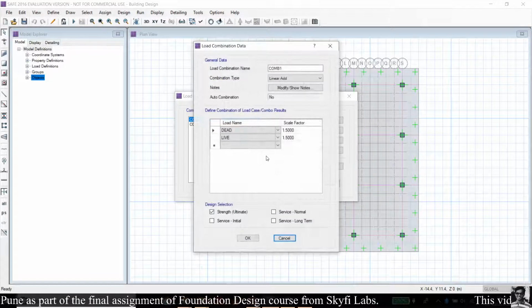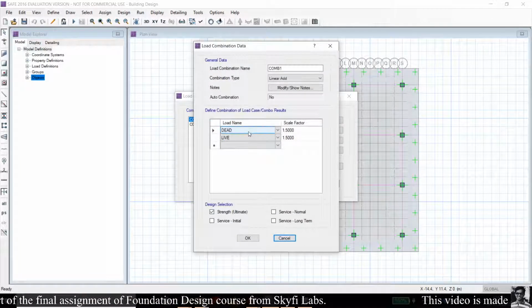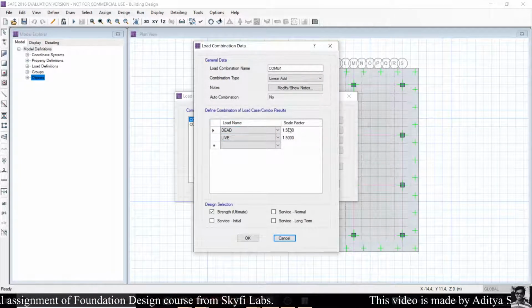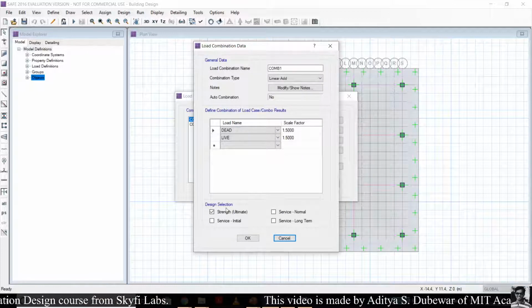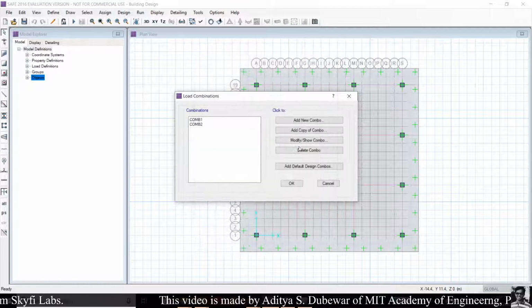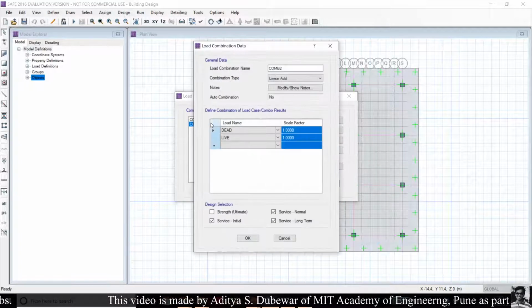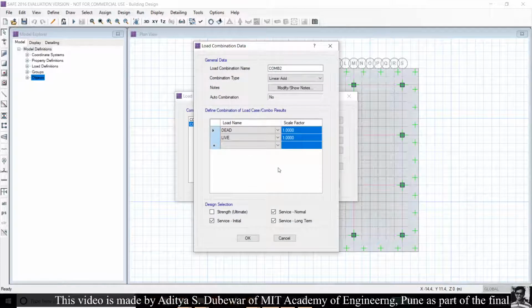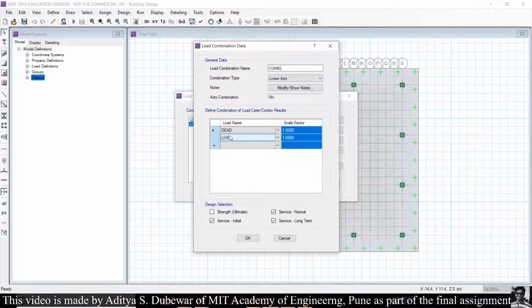For combination 1, define it like this: dead load, live load, and the scale factor for that is 1.5, and then select the design selection for strength ultimate. Okay, and combination 2 for serviceability,